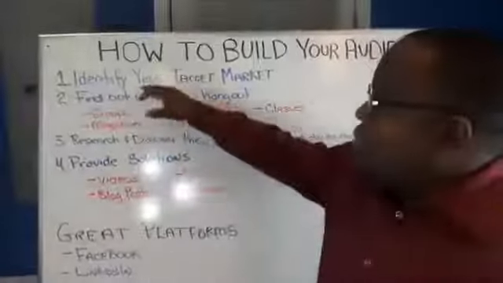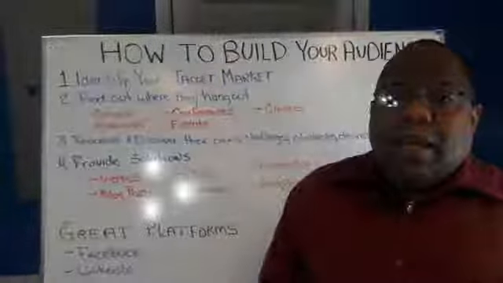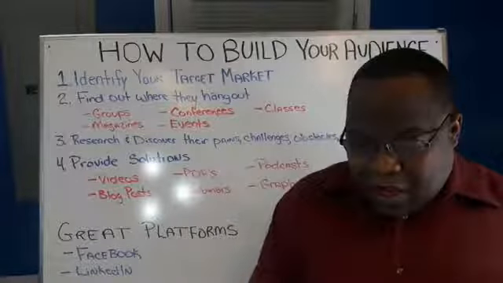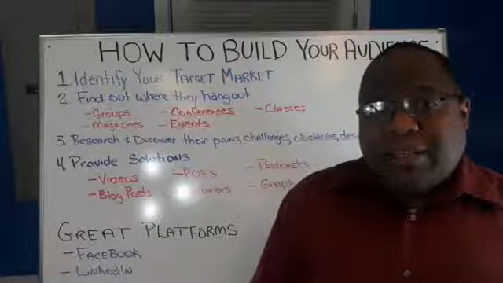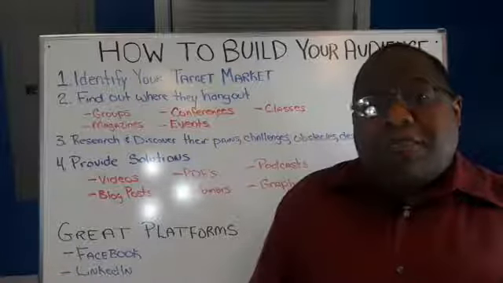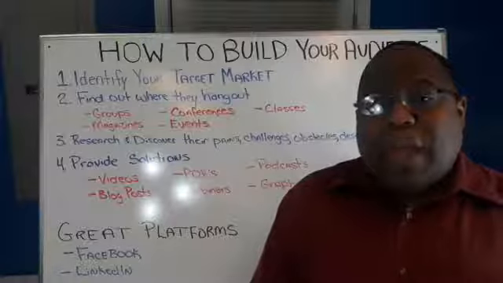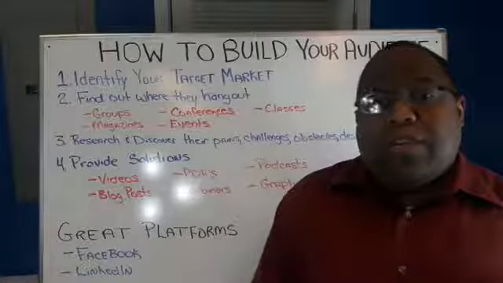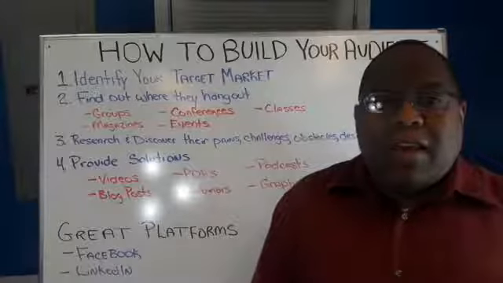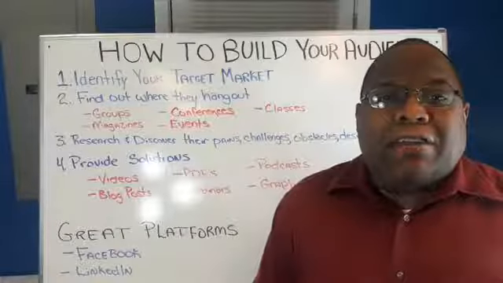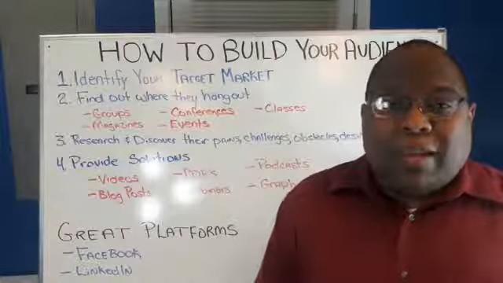The first thing you want to do is identify your target market. Now, what do I mean by identifying your target market? You want to know who you are targeting for your business. I've got a couple of notes here. For example, Ruth's Chris, the steakhouse, they do not target vegans, right? So everybody is not their market. You need to understand that everybody isn't your market. Just because they're breathing and they've got a heartbeat, that doesn't mean that they're your market. Michelin doesn't sell snow tires to people who live in Hawaii. So you've got to determine who is your target market.